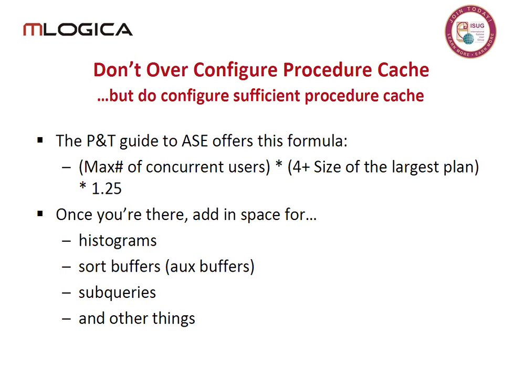So, how much space do we set aside for the procedure cache? Well, in the olden days, what we do is we plug in a number like this. We take the maximum number of concurrent processes, we multiply that by something, which should be the